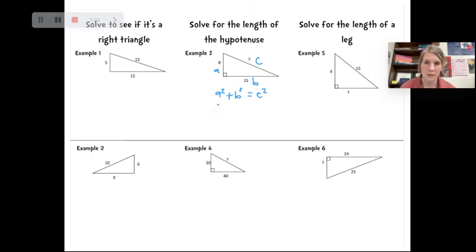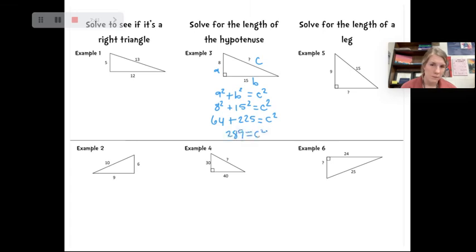So in this case, a is 8 squared plus 15 squared equals c squared, because we don't know what that is, right? 8 squared is 64. 15 squared is 225. Equals c squared. Now remember, when we're talking about squaring, 8 squared is the same thing as 8 times 8. So in your calculator, you can put in 8 times 8 and you'll get 64, or 15 times 15. Okay, next we need to add these together, and we get 289